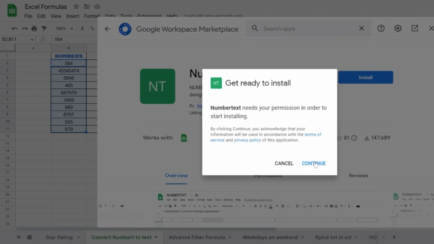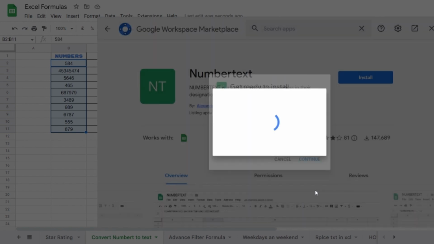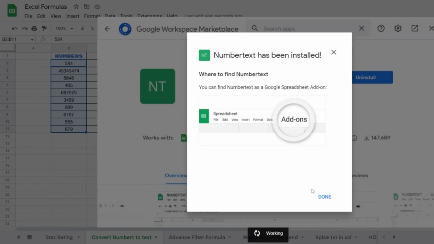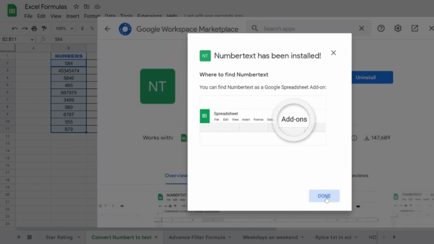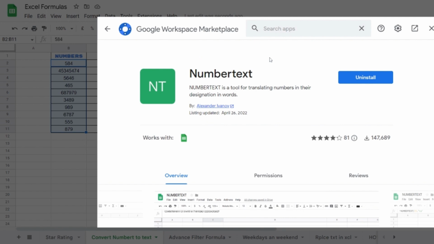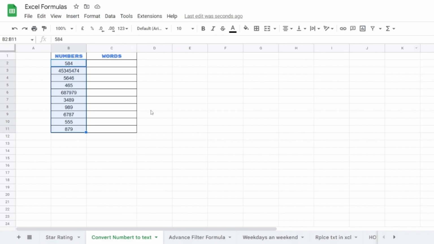Click on continue, allow, done. Now this is installed. Now here you'll go